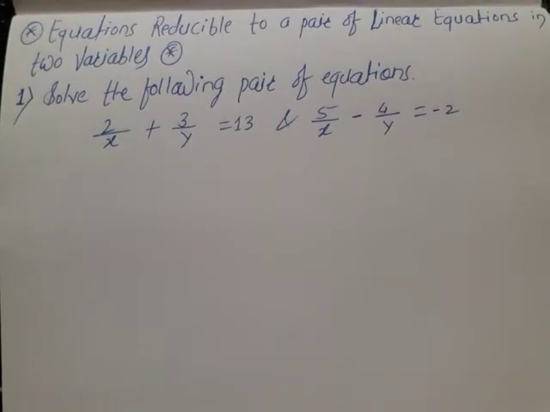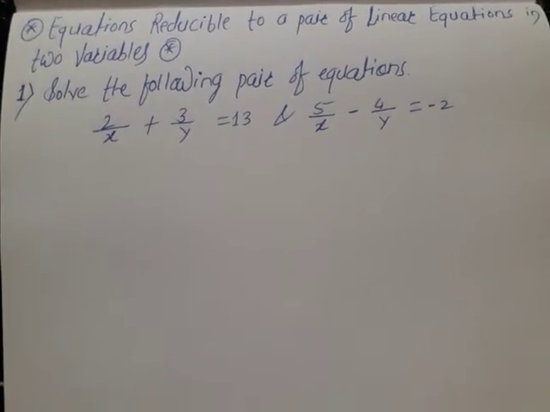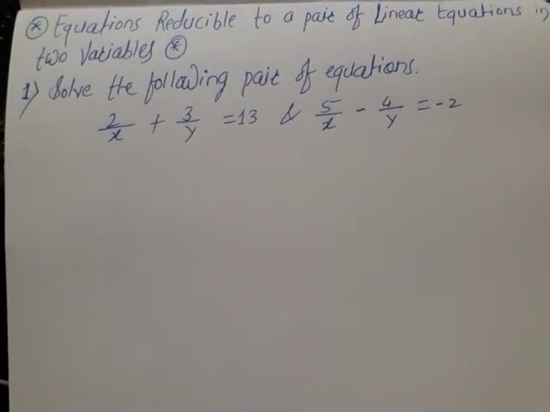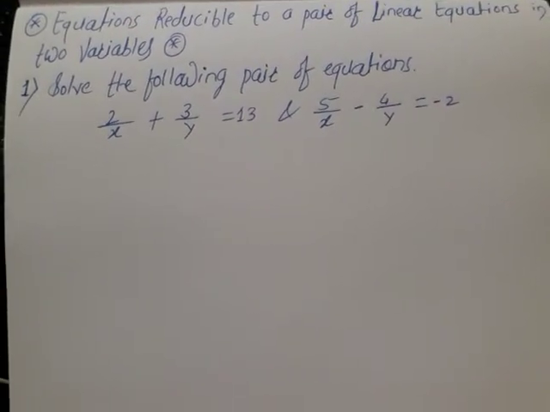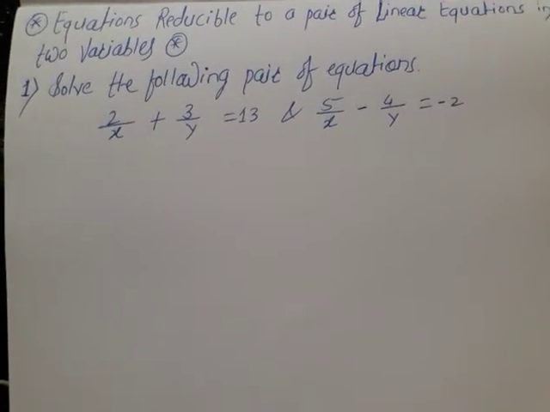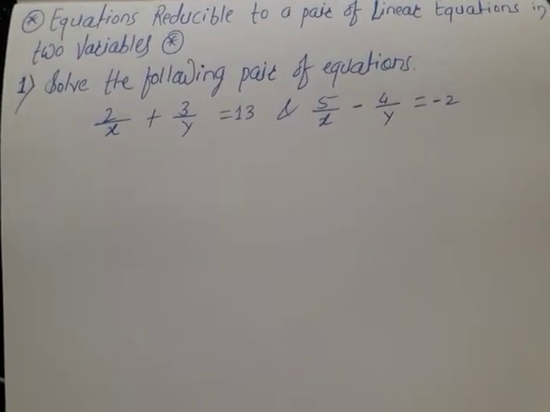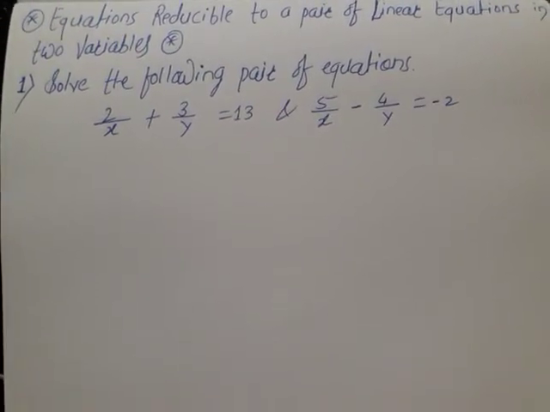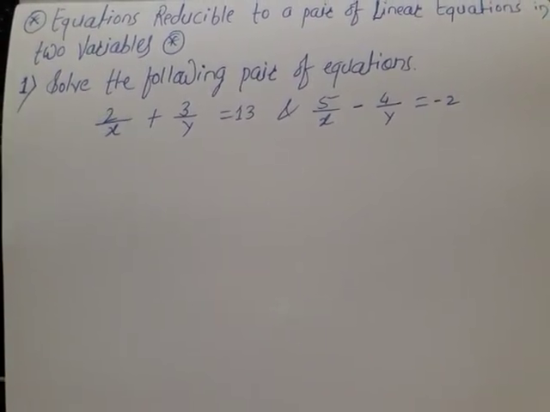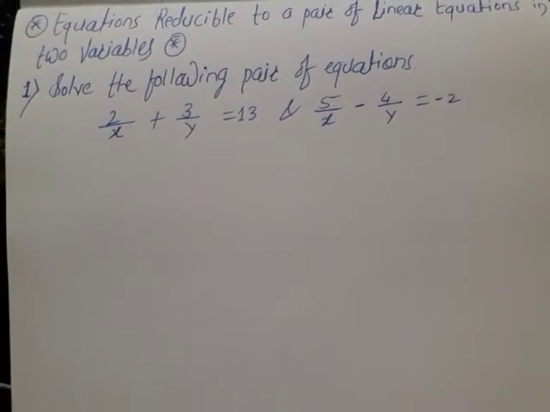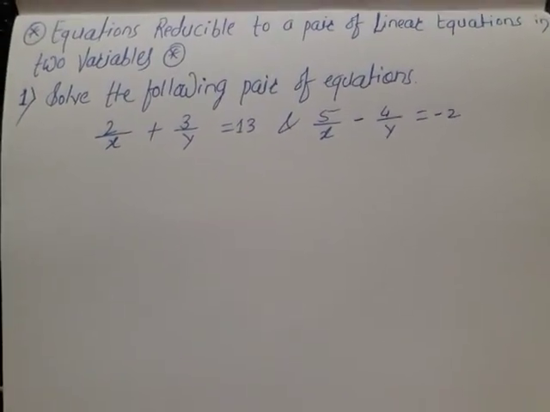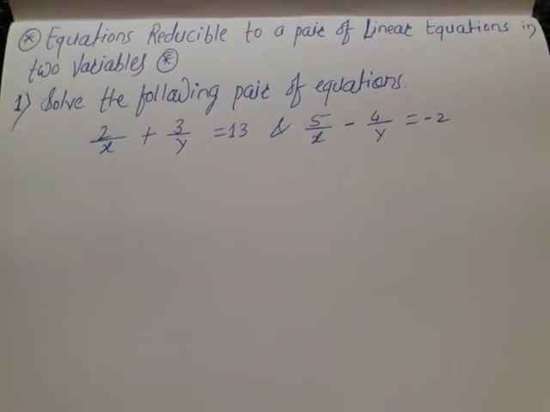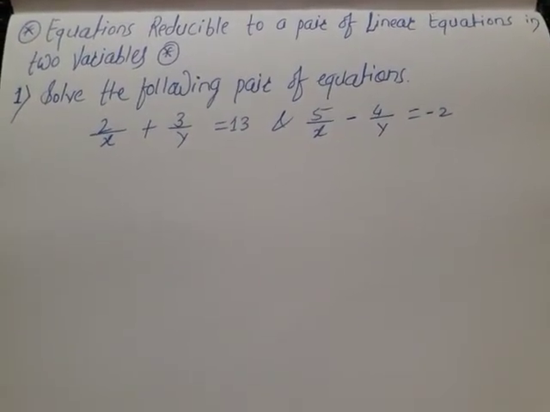In the next video we will see the next type, because these types are a little lengthy but very simple. They may ask us for slightly bigger marks, 3 or 4 marks, so those examples are very important. Today's type is very simple but a little lengthy. The next type is also very simple but a little lengthy, and the last type is also very simple but a little lengthy. If we follow step by step, then we will score in this type of examples.